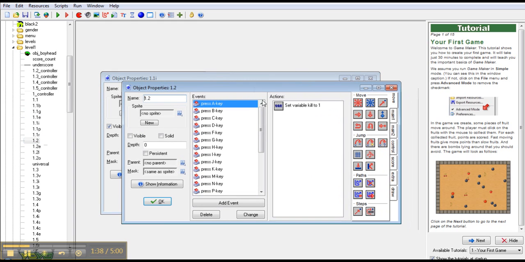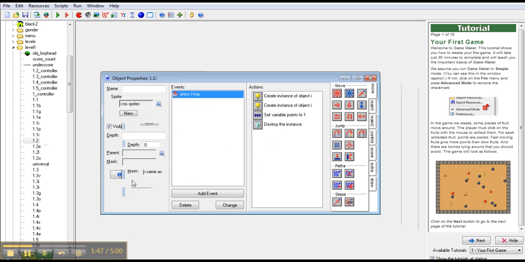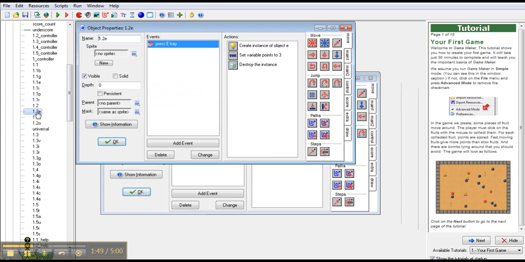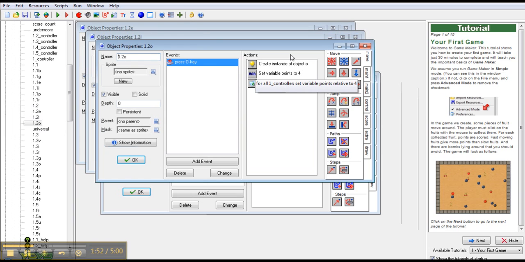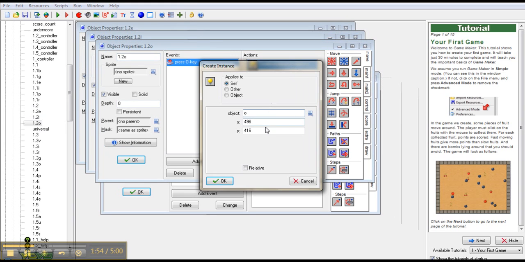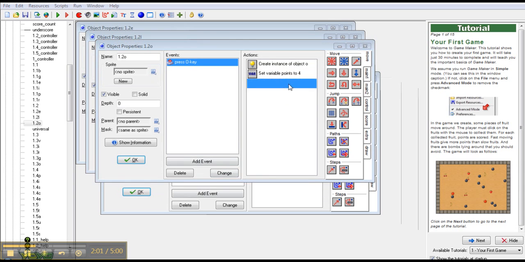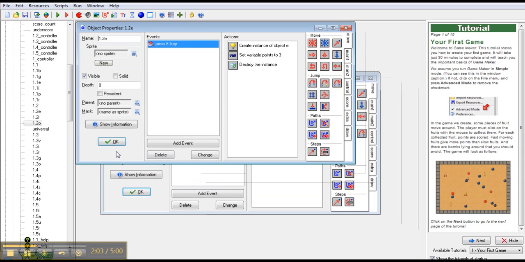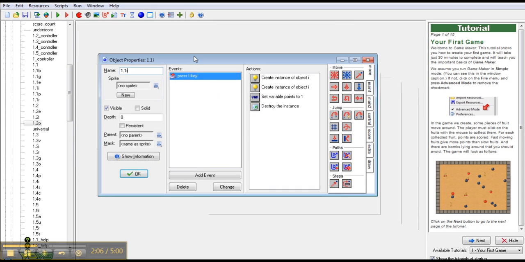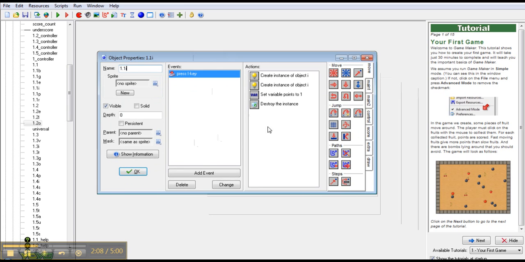When the second question appears, it has the same concept as before. Kill variables for all the letters that don't involve the actual hangman word, and corresponding letters that will create the instance where it belongs, above the right coordinate, above the right underscore. It'll add up to a certain number of points. It'll destroy itself afterwards, after it's clicked. And when it adds up to a certain amount of points,